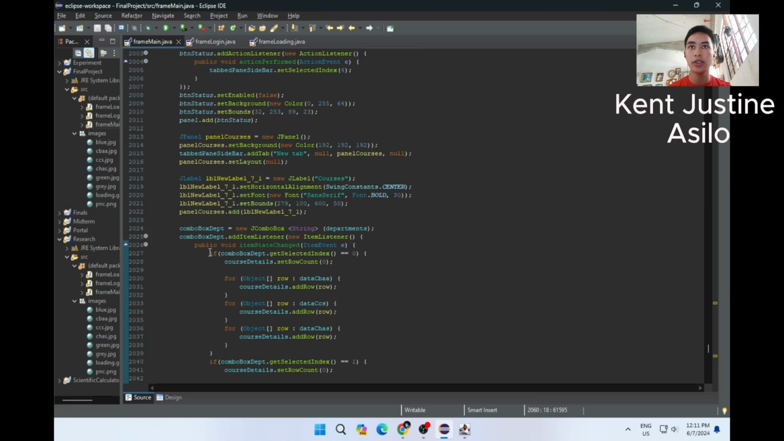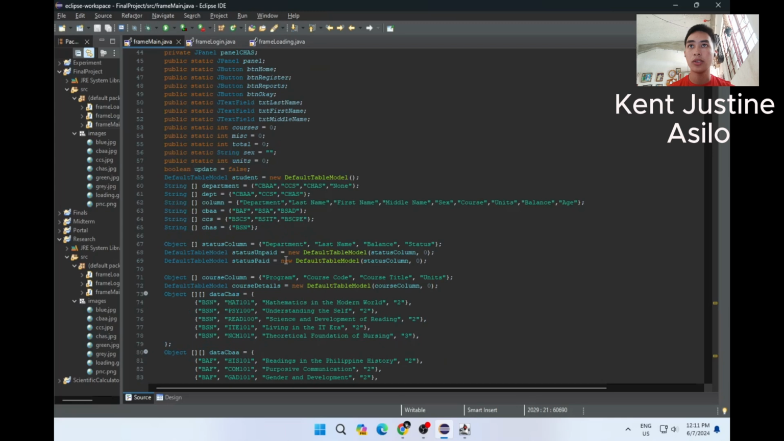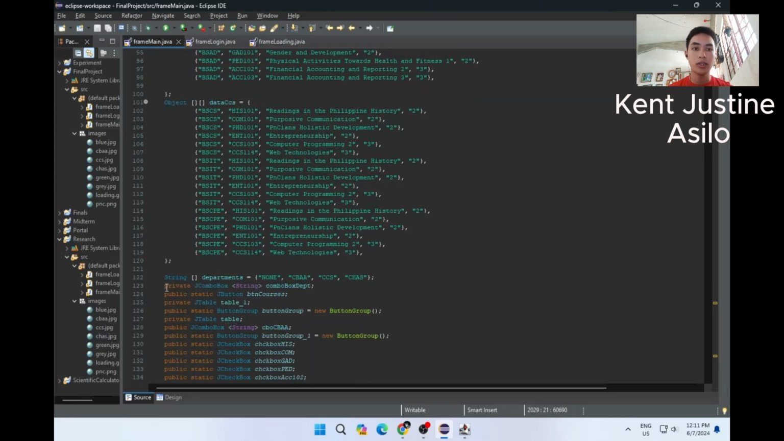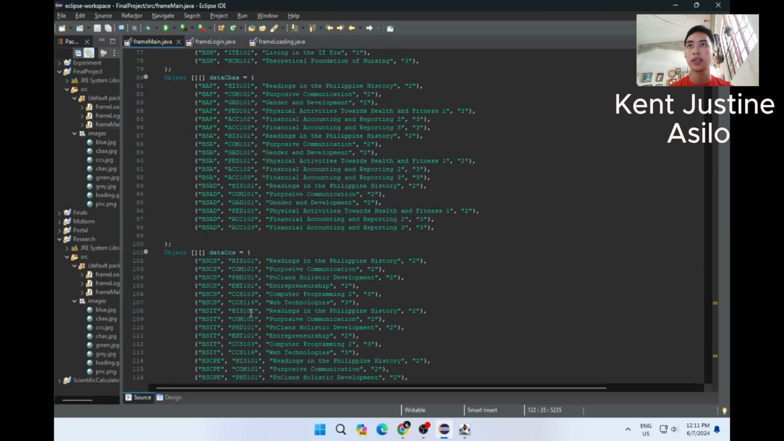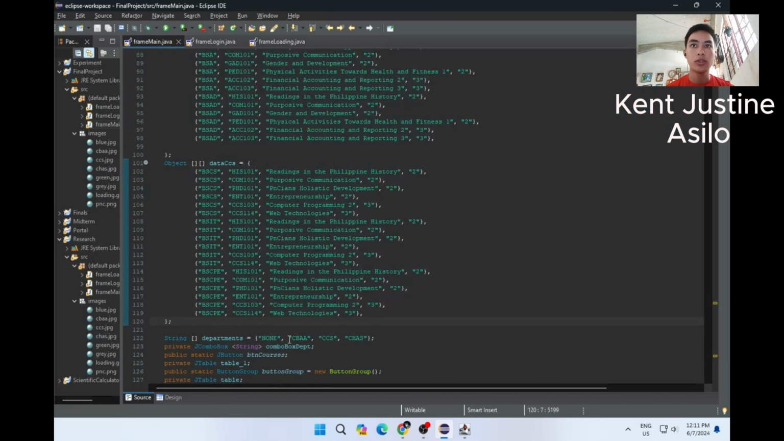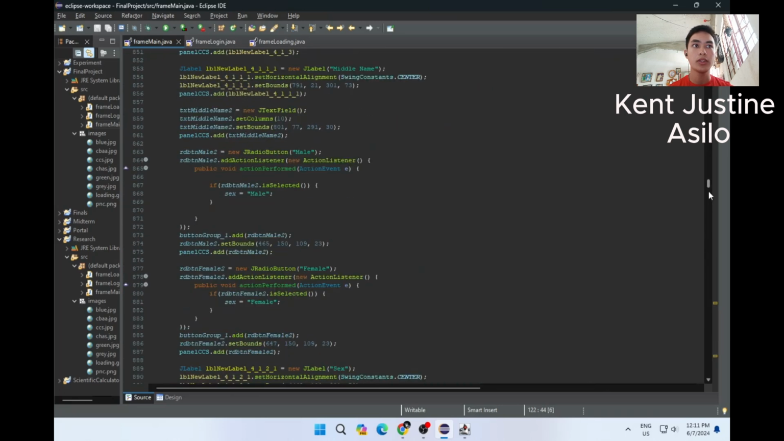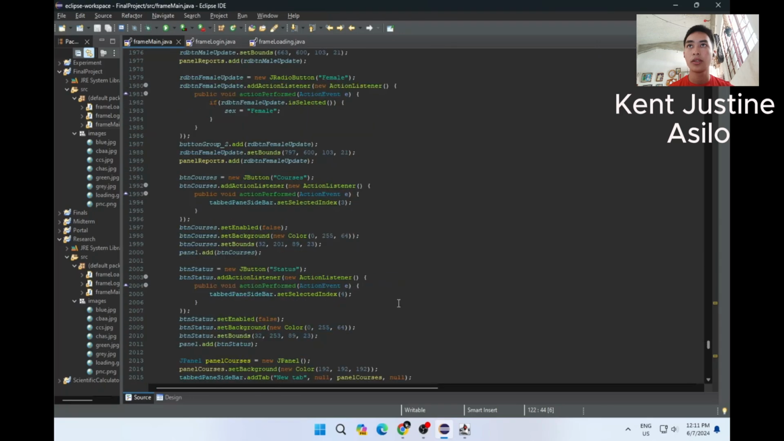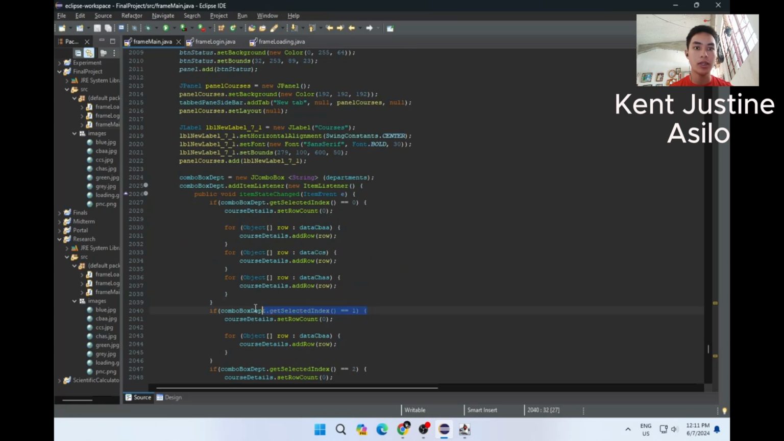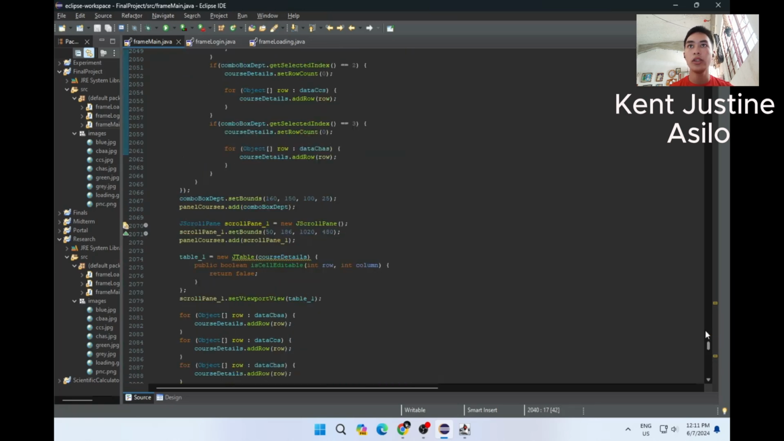So if the user selects 0, which indicates none, like you see here, then it would show all these courses. And when the user hits the second option, which is the CBAA, here at index 1 is the CBAA, it will only show